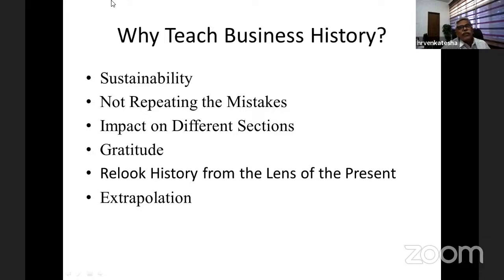If they become auto drivers, that is fine. I am not degrading any profession. But has it increased their standard of living, or has it decreased their standard of living? If it has decreased their standard of living, something is wrong with that.